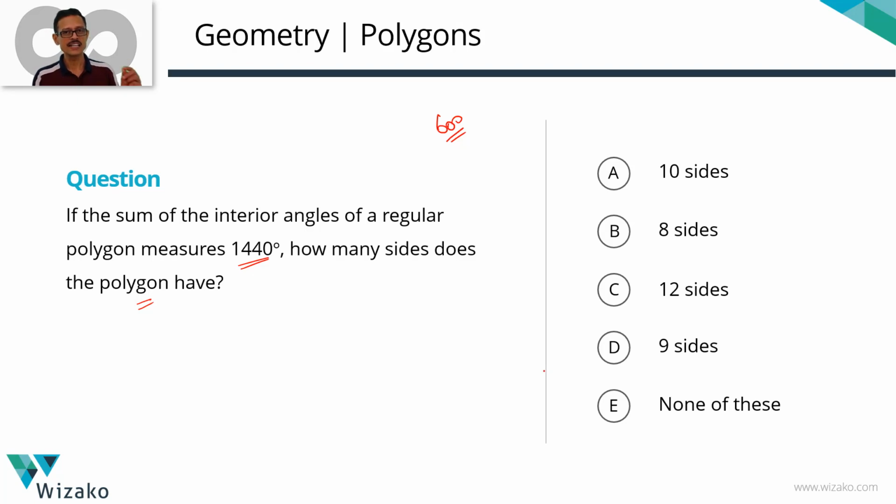What is given? It's a regular polygon. A regular polygon is a polygon in which all sides are equal, and there is a second property, and it's not or, and all angles are equal. All sides should be equal, all angles should be equal, which is when the polygon is a regular polygon. The polygon given to us is a regular polygon. Sum of its interior angles is equal to 1440 degrees. What we are expected to find out is the number of sides.